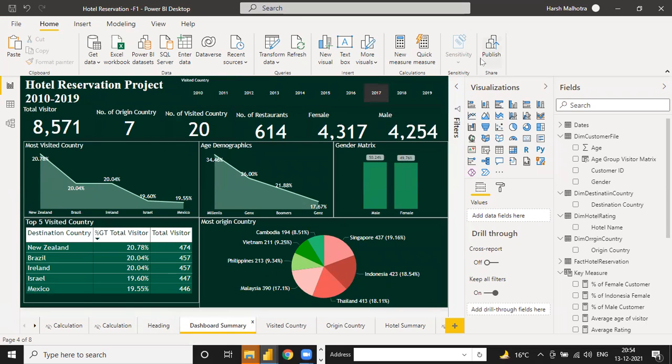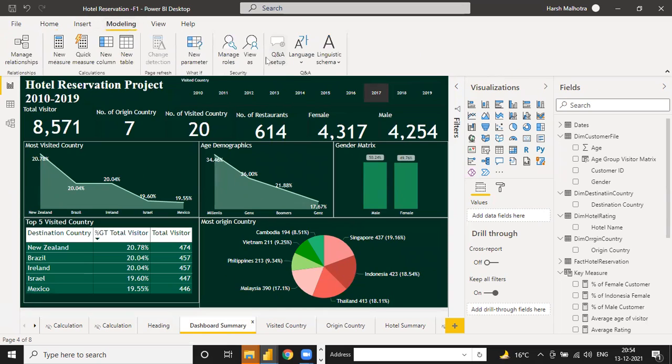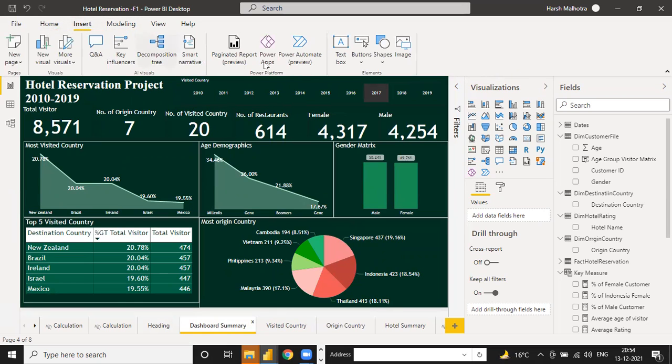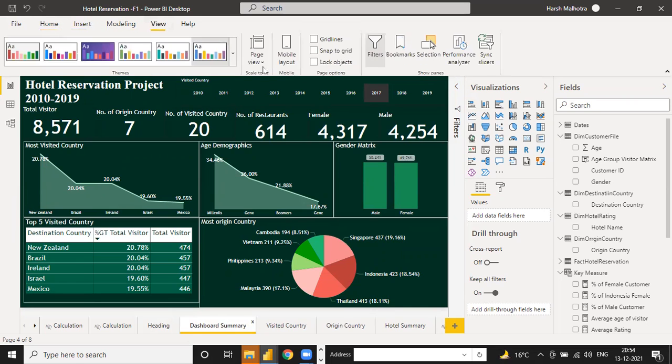Yes, there is an option here, because that is under some other topic. Okay, because it is a little big topic. Let me just go to slicer sync. Just a minute. See this one, sync slicer. Okay, so this option is available. Suppose if you change anything in your dashboard, it will automatically reflect all over these pages, automatically. You don't need to go to any other pages.